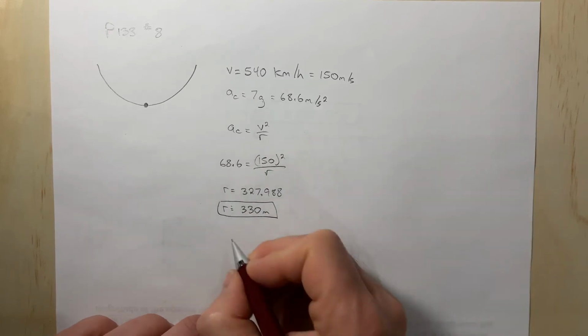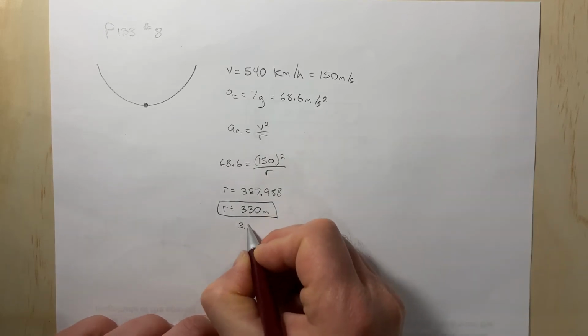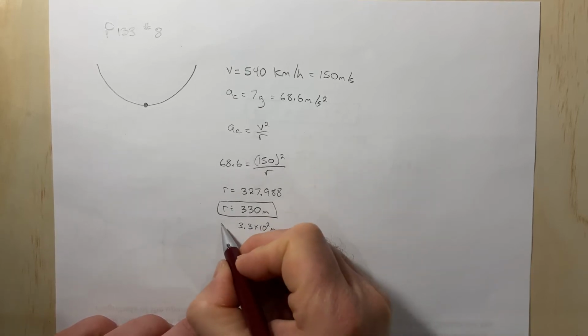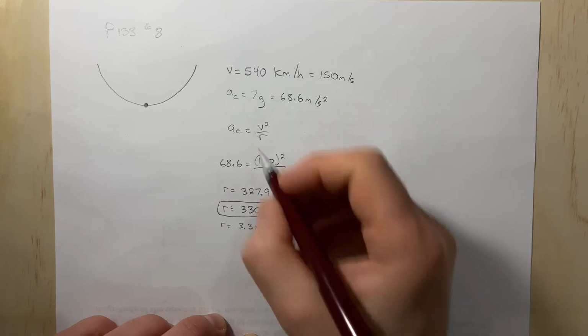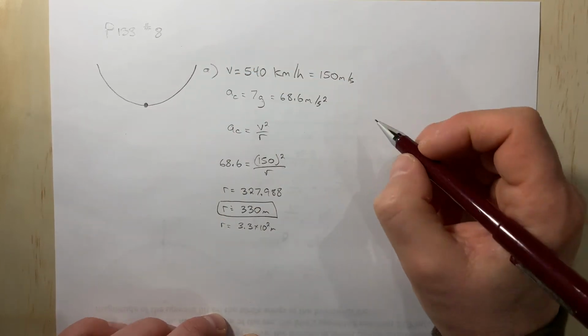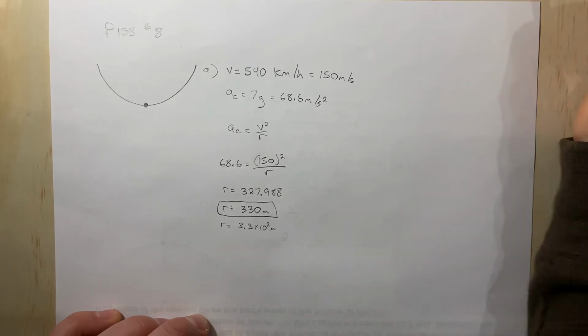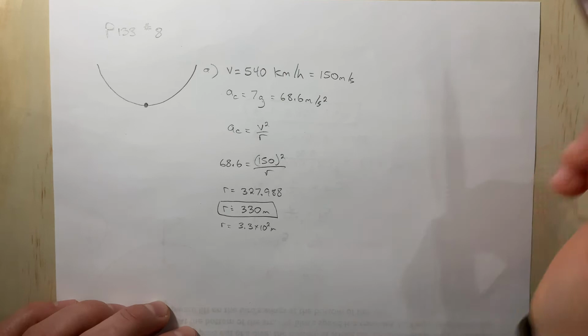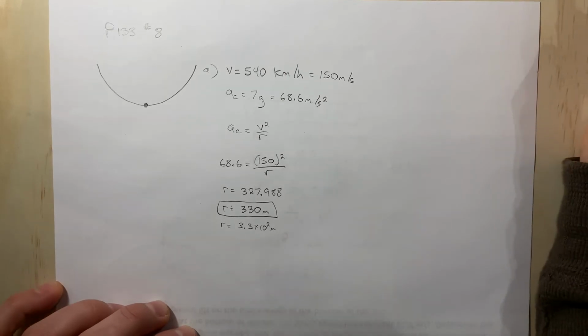And textbook says 3.3 times 10 to the 2 meters. Same answer, just in scientific notation. So this is part A. For part B, they ask what force is applied on the pilot by the plane seat at